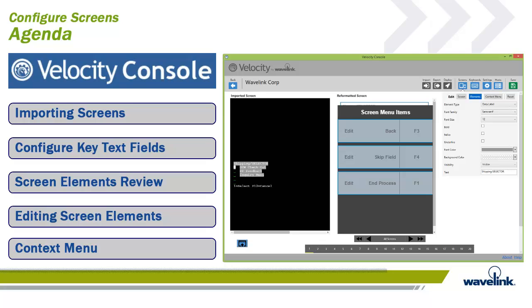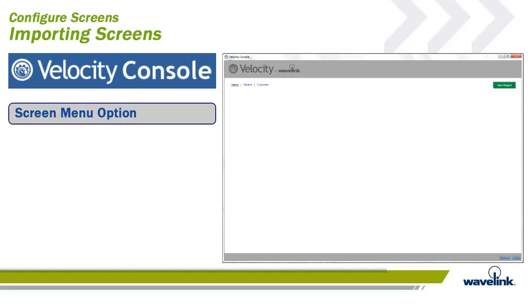screen or globally. Using a screen capture file, you can import the screens associated with your host profile server to a project and stylize individual screen elements for a more unique appearance. If you plan on using only the automated predictive formatting, you don't need to import screens into a project. But for those who want to take advantage of the Velocity console, we will step through how to make it